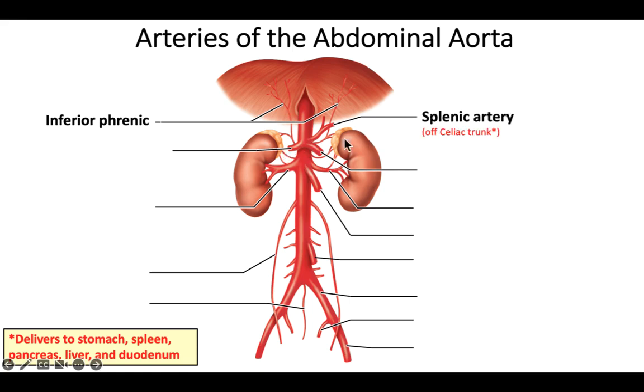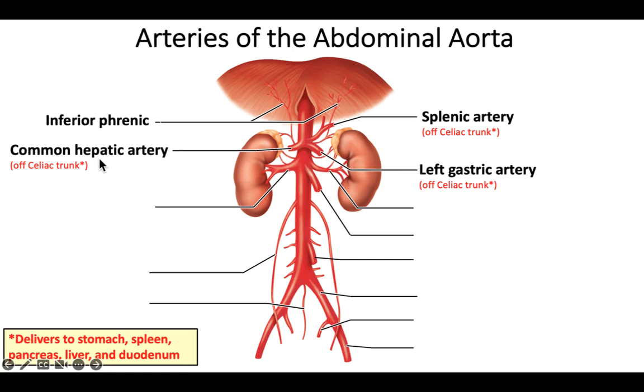So there's the name of just this little part here. I didn't put an arrow on it because it's really hard to tell that there's actually just one artery coming off the aorta here, but it almost immediately splits. And the three arteries of the celiac trunk include the splenic artery. So you'll notice that one's heading over to the left because the spleen is going to be over here on the left. There's a left gastric artery, which is this middle one, because the stomach sits right about here in your abdomen. And then there is the common hepatic, which you'll notice is heading over to the right